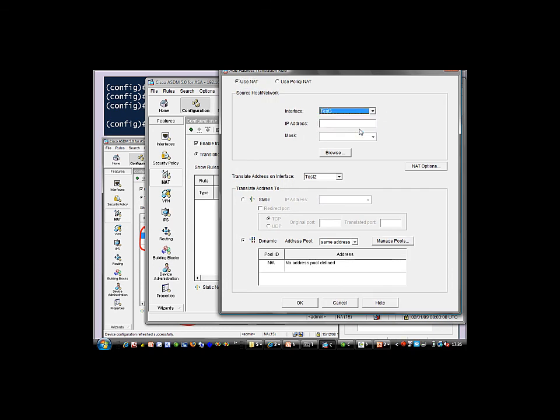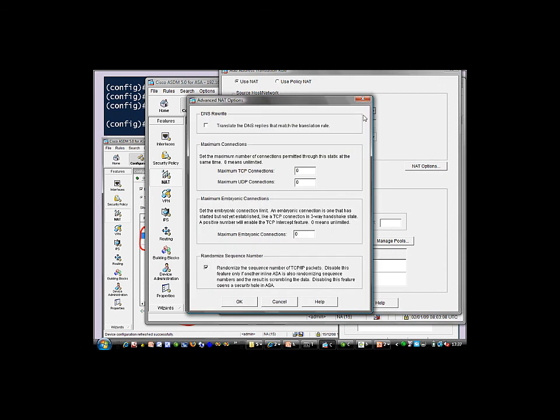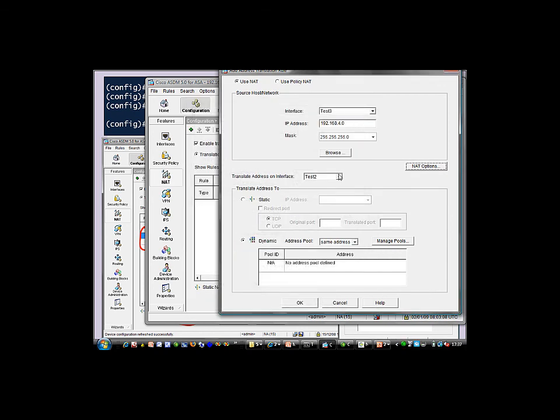So our source in this case is test 3, then we can define 192.168.4.0, define our subnet mask as that. Just check our NAT options, everything's fine there,